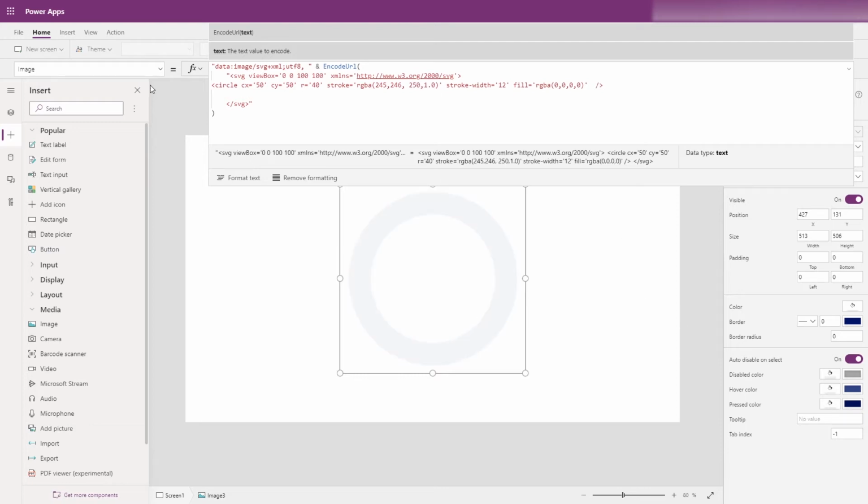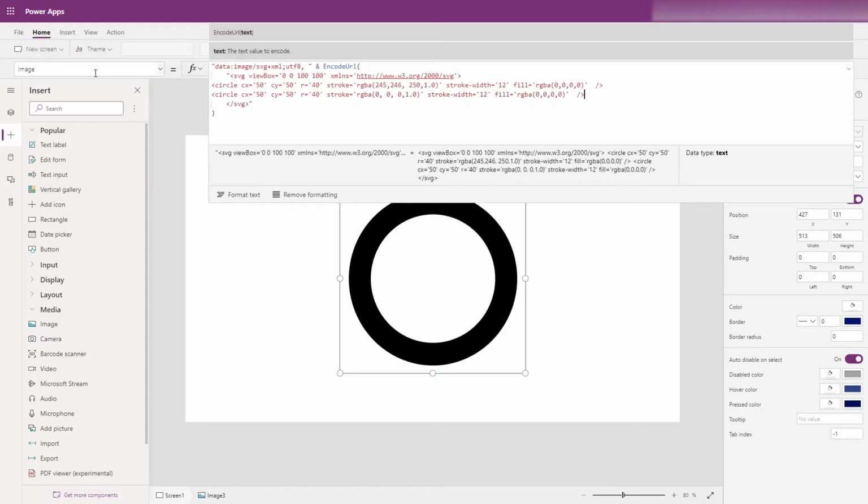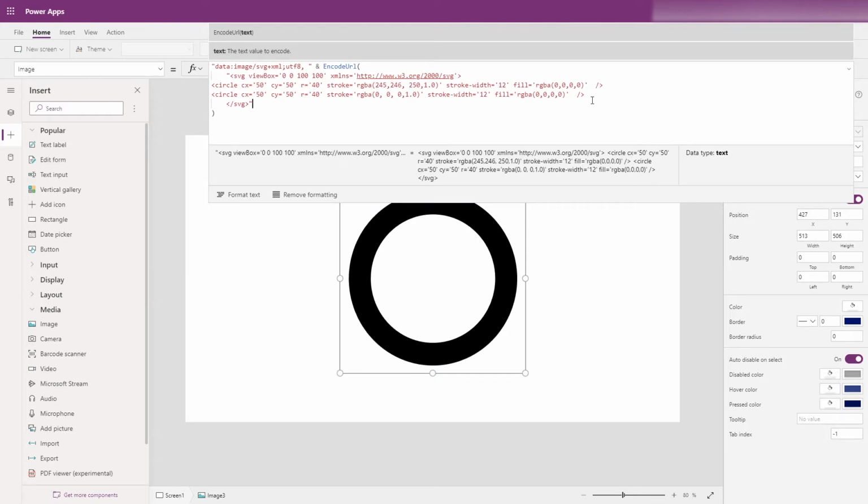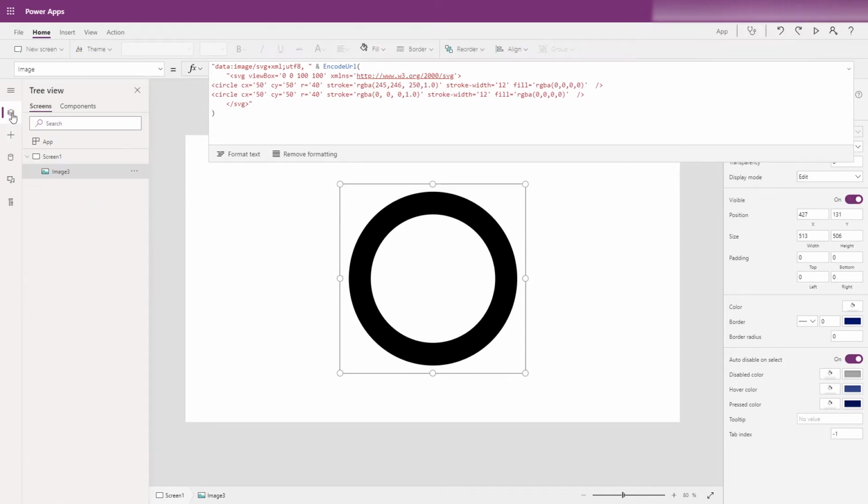250. So with our background ring, I'm going to add another circle on top of it, just using the same code that we did. You can see if I adjust the radius, for example, the other circle still exists there behind it. But the black ring is more prominent, and at this point we want to make sure that we have named our image component, and in this case I'm just going to call this radial progress,